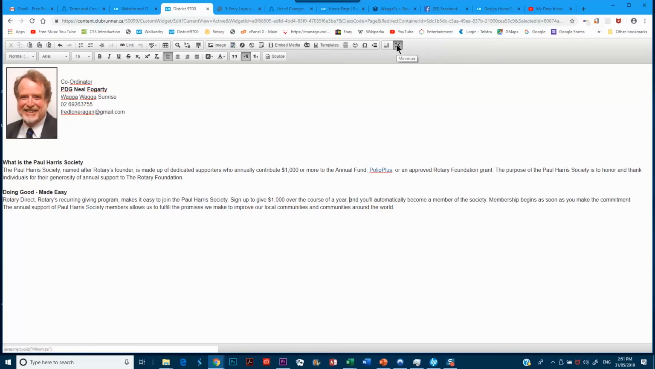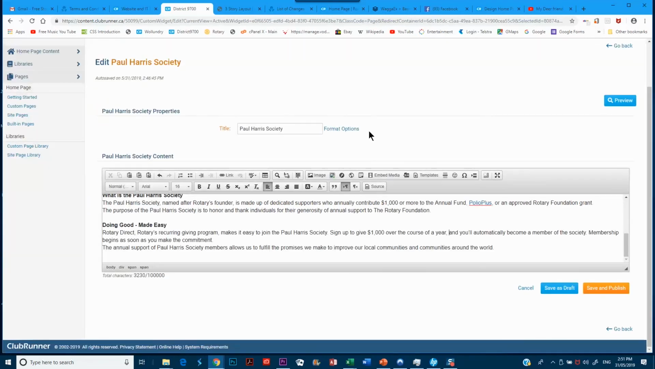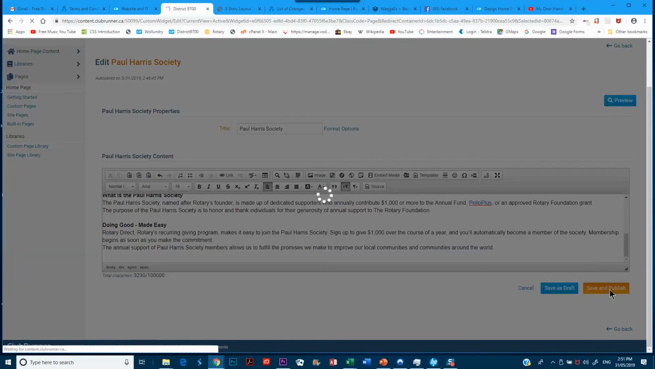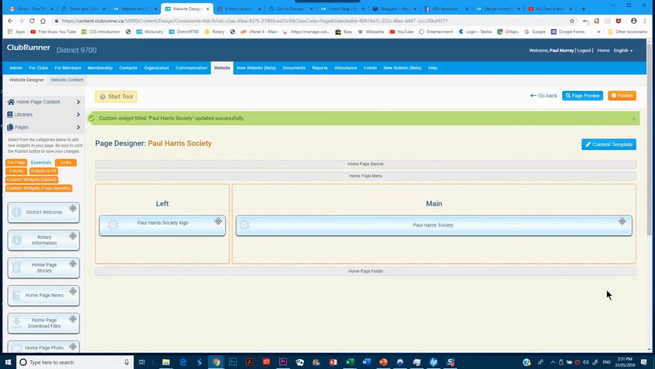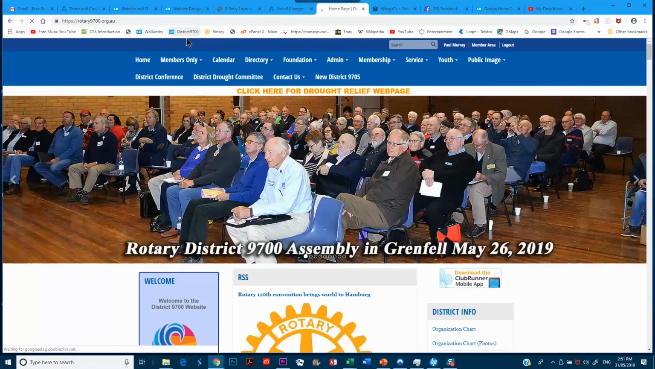So now we'll click on the maximize button and go back to the reduce size screen and do a save and publish. And it takes us back to the designer page for the Paul Harris Society, and we can go up and click on another tab that we have another copy of our district page on, and